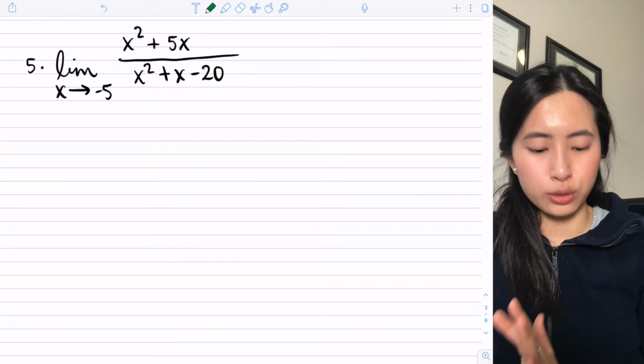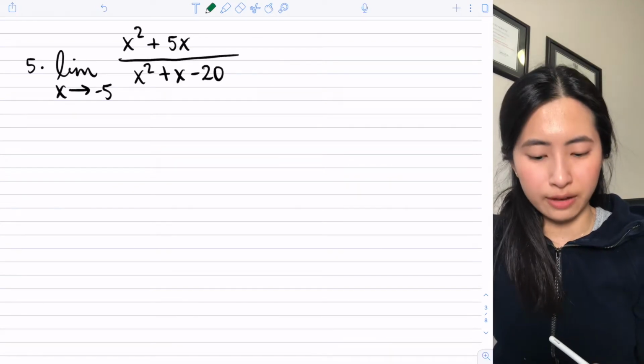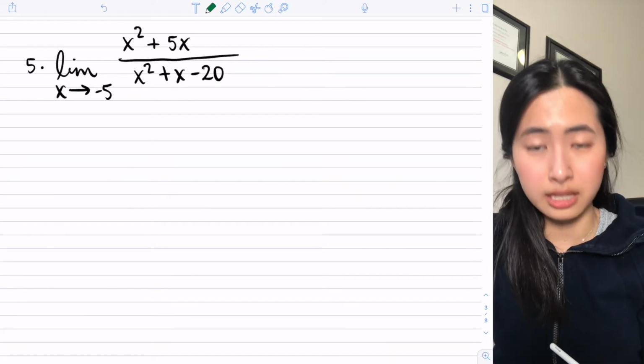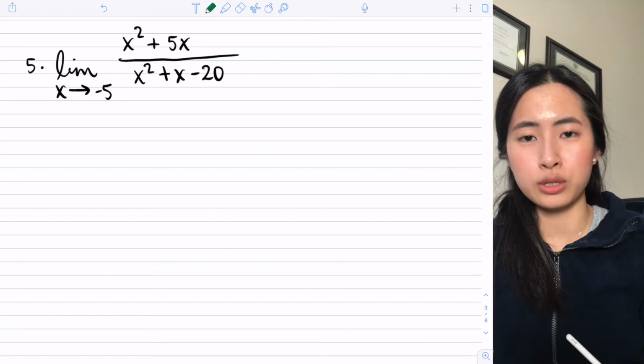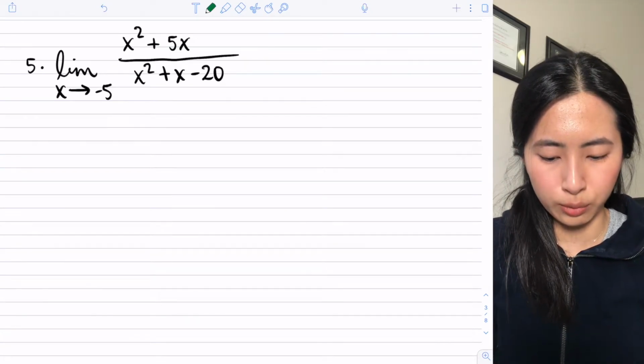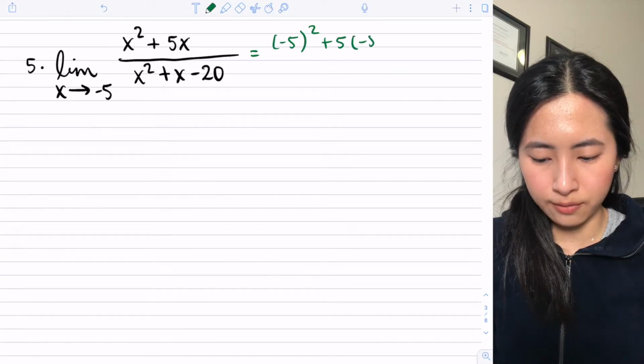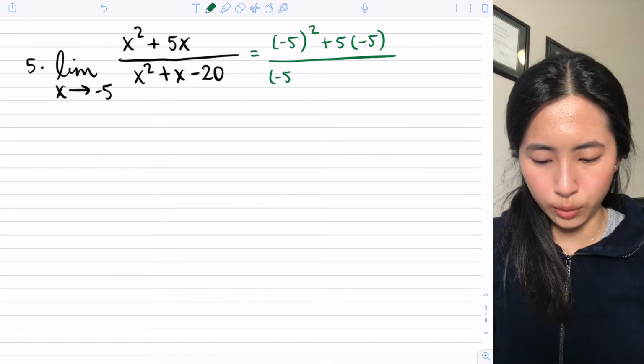Moving on to number 5, we have the limit when x approaches negative 5 of x squared plus 5x all over x squared plus x minus 20. As you can see, when we substitute negative 5 into our x, you actually get an indeterminate form once again. So we would have negative 5 squared plus 5 times negative 5, all over negative 5 squared